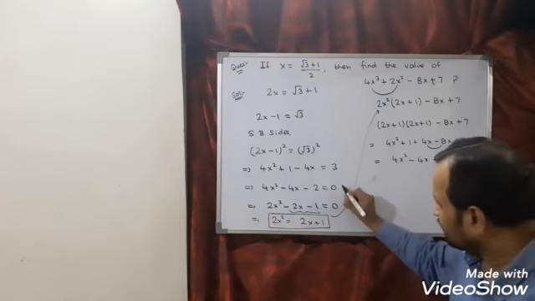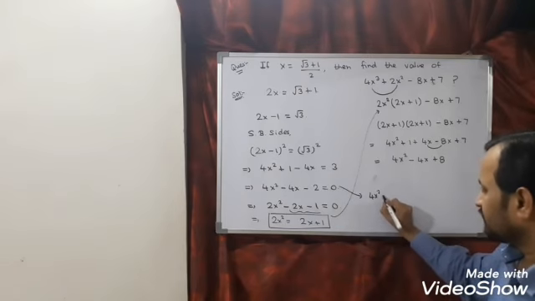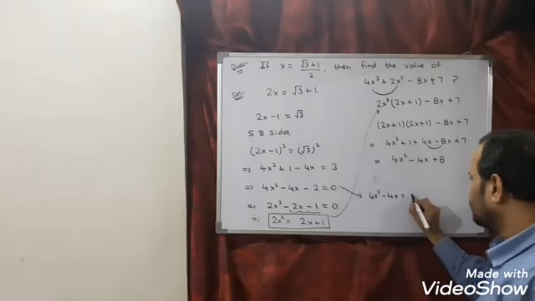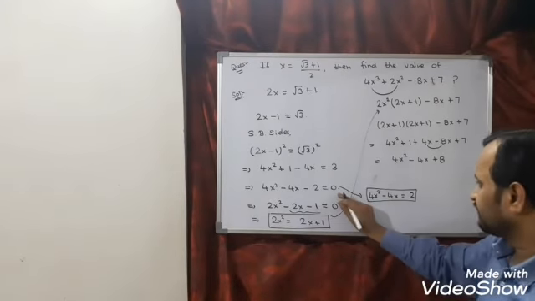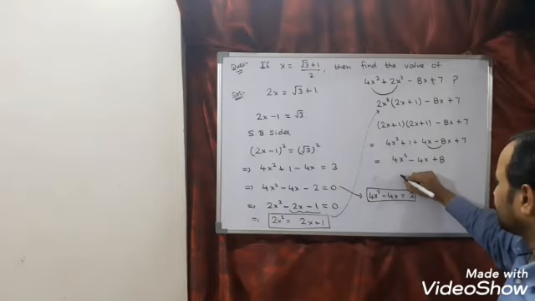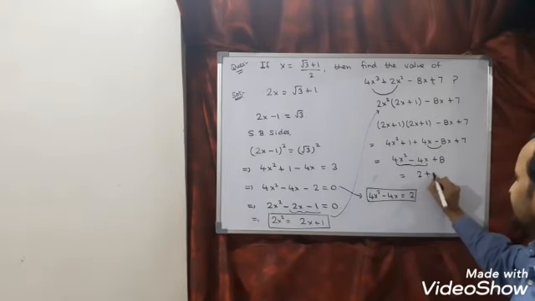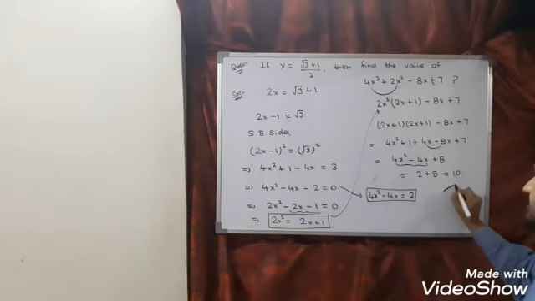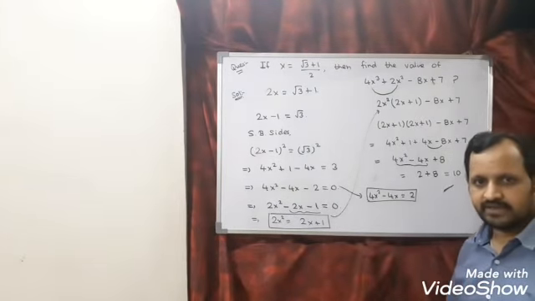Now see here, from this, can I say 4x square minus 4x value is equal to, minus 2 will go to this side, 2, from this term. So I am keeping this value here. This value is nothing but 2. So 2 plus 8, which is nothing but 10. So the answer of this question is 10. I think the solution is clear. Let us see one more question.